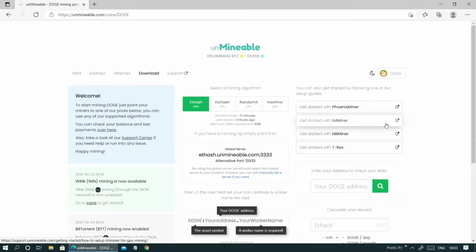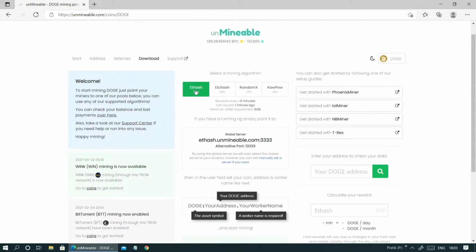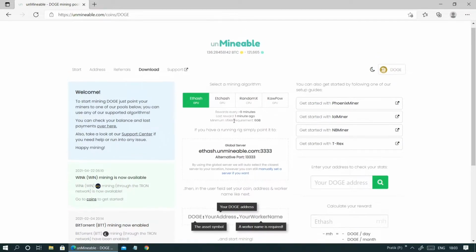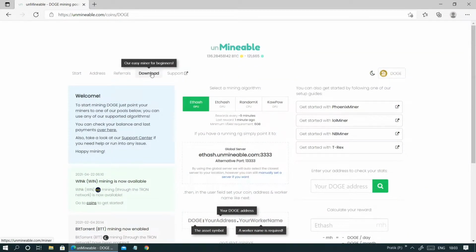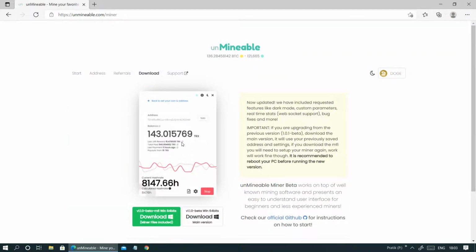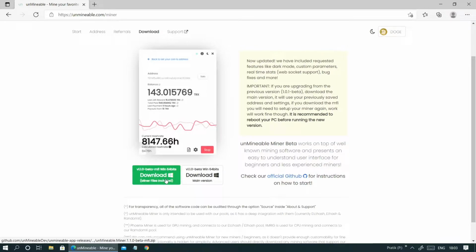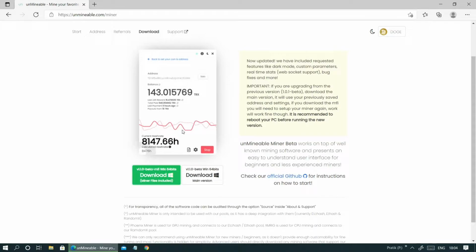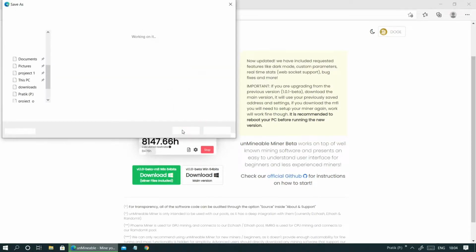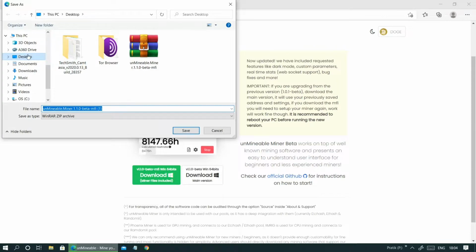I will select Dojo coin, and now here you will get some options. To download this you have to click on download and then go to here and save link as. Now I am going to save this on desktop.